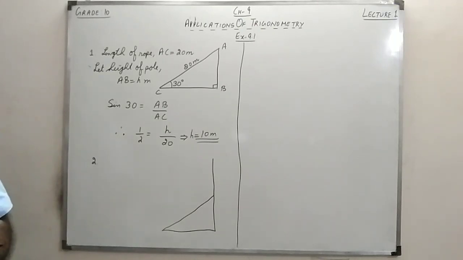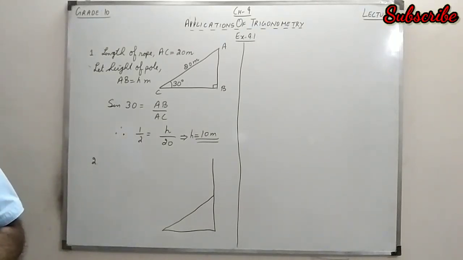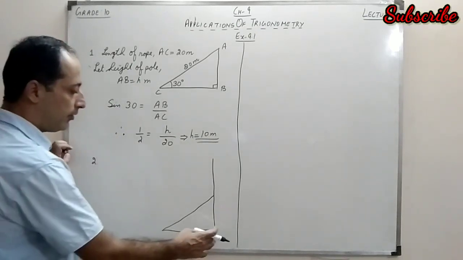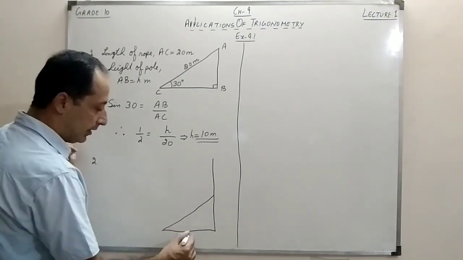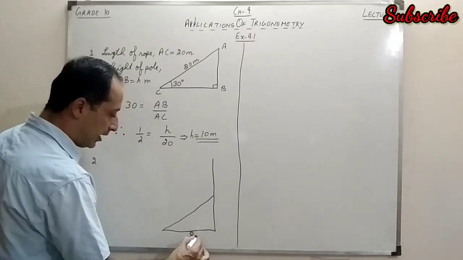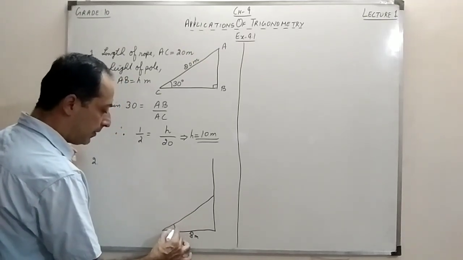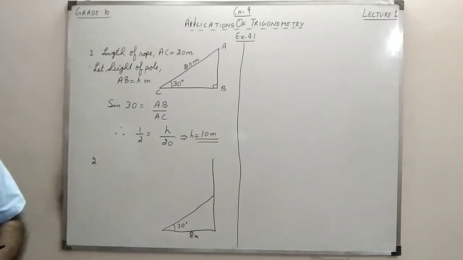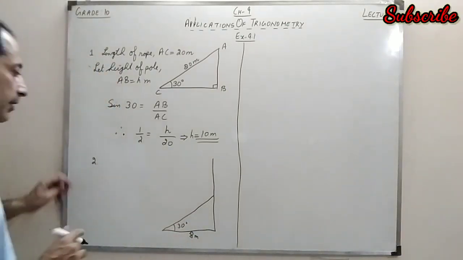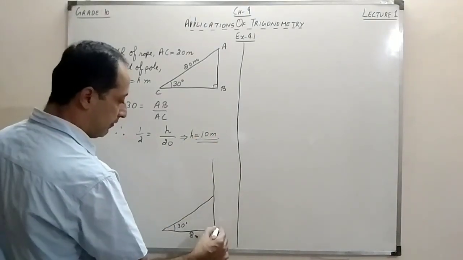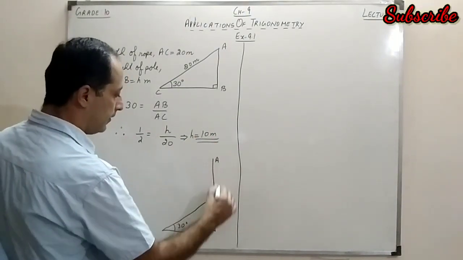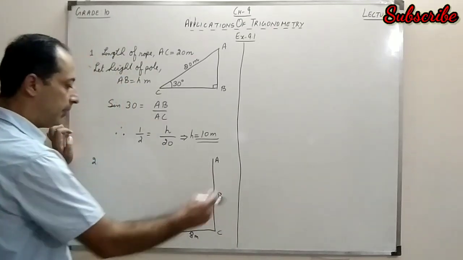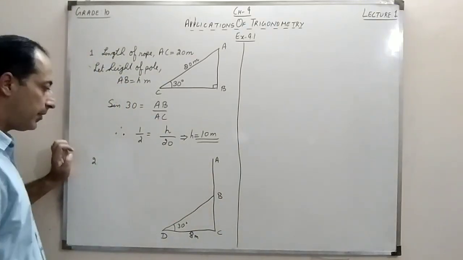Now what else? It's given the distance between the foot of the tree to the point where the top touches the ground. So this is the foot and this is the top where it touches the ground. This distance is given to us as 8 meters and the angle made by this broken part with the ground level is 30 degrees. What we need to find is the height of the tree. I need to find the complete height, so I'll just name the points A, B, C and D. So this AB is basically equal to BD, right?